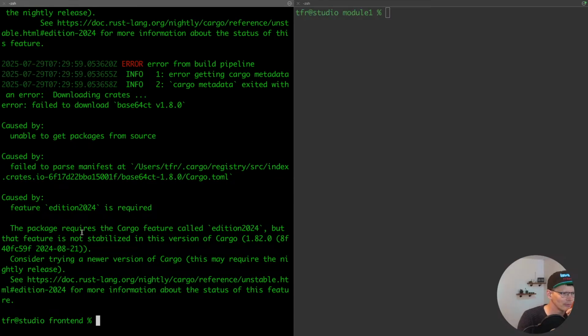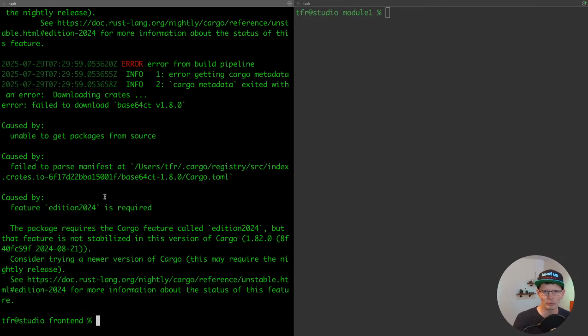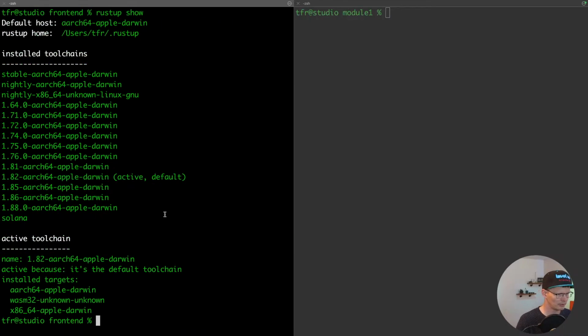Okay, so it might be that we actually need to upgrade our toolchain here to something newer, because it seems like this base64 crate we're using wants us to use a more modern version of Rust. So we'll just have to deal with that. Let's see. Why don't we just take this one, default,